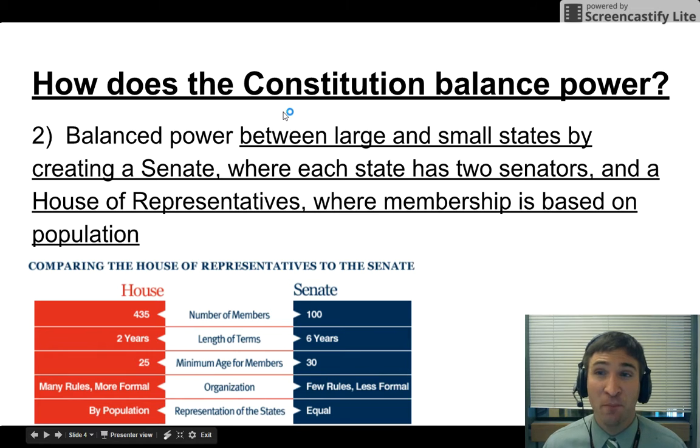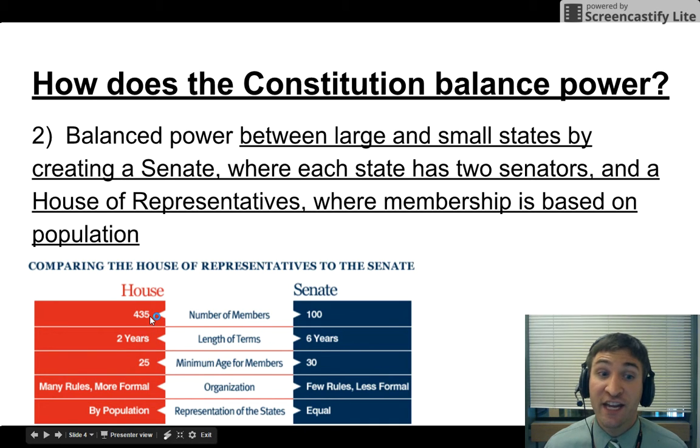How does the Constitution balance power? The second way it balances power is balanced power between large and small states by creating a Senate where each state has 2 senators and a House of Representatives where membership is based on population. And here in red is a description of the House of Representatives. There are